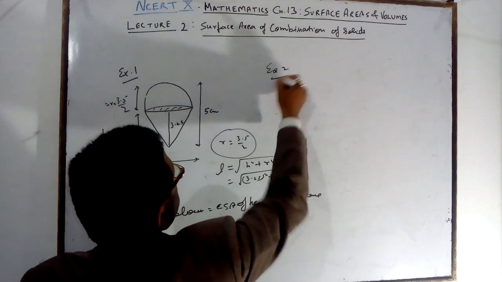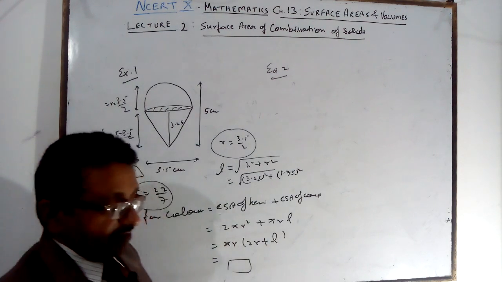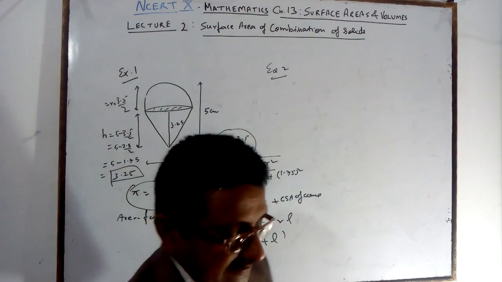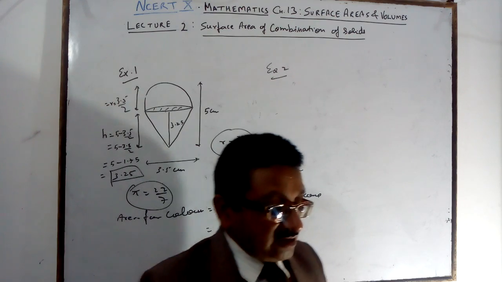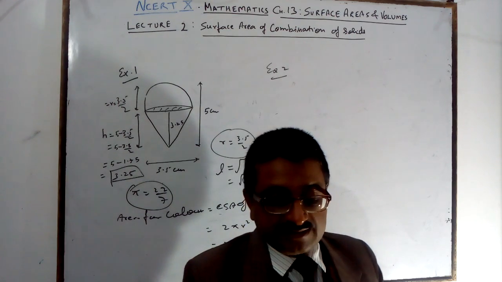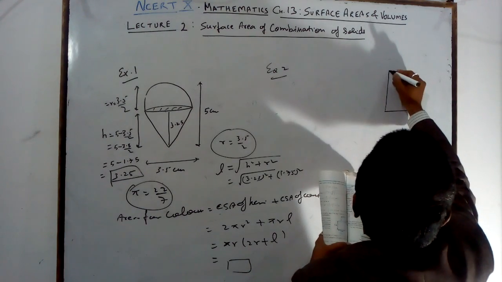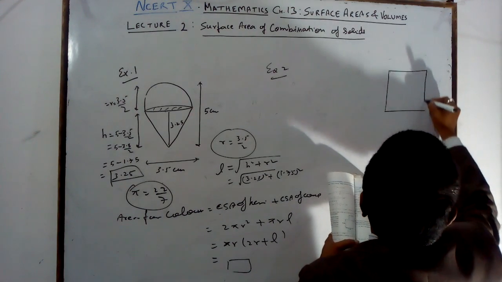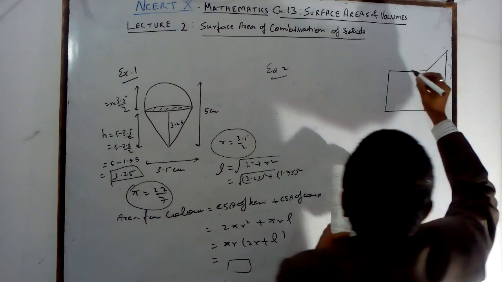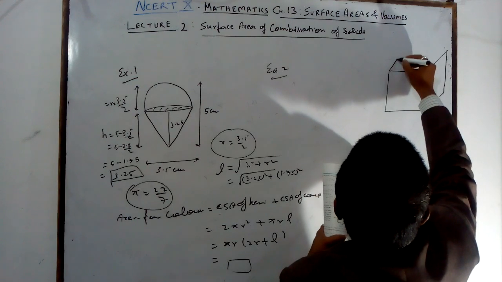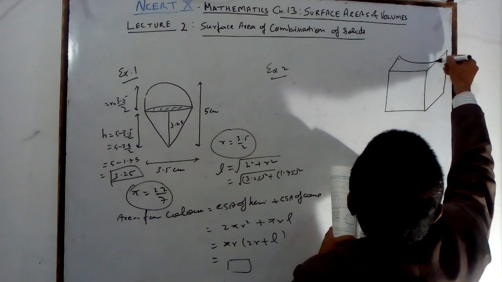Example number 2, you see. I hope you can do the calculation part given here. Example number 2 is given. There is a decorative block. One block is there, on which a wooden block is given like this. You are seeing there is a wooden block, a cube, like this. And this block is surmounted by a hemisphere, like this.